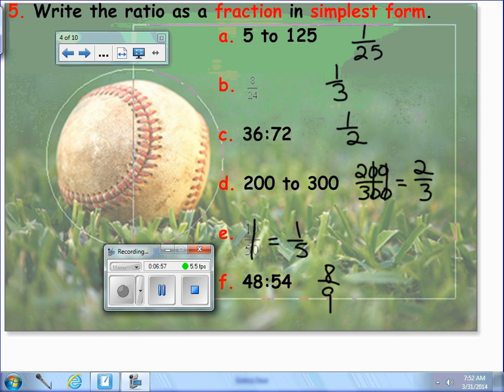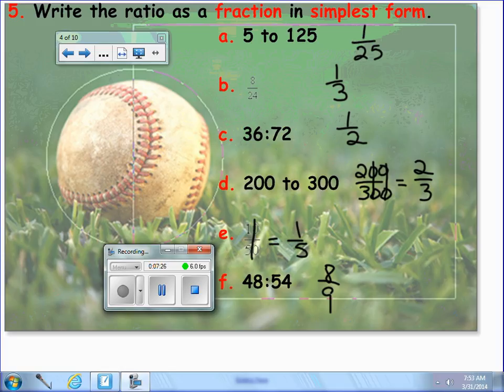Okay, on A, 5:125, the simplest form in fraction is 1/25. B, 8/24, simplest form is 1/3. C, 36:72 is 1/2. D, 200:300 is 2/3. E, 10:50 is 1/5, and F,